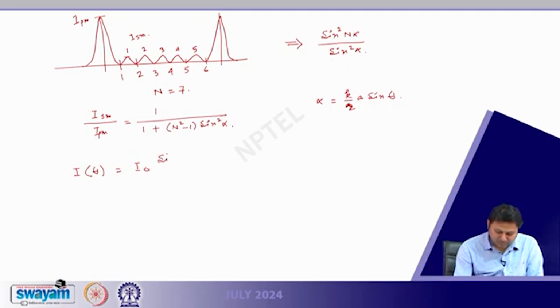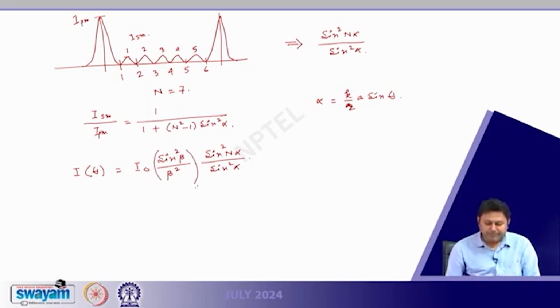That means sin square beta divided by beta square and sin square n alpha divided by sin square alpha. So this term is also there, which I write in the bracket. So the total intensity will be the multiplication of these two, and if I do that,